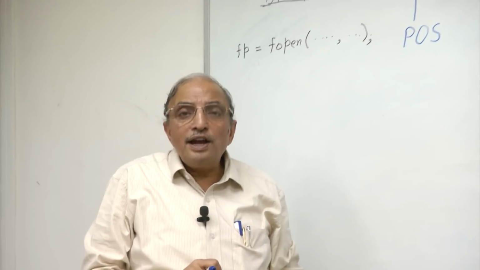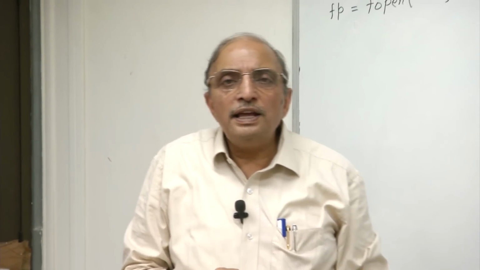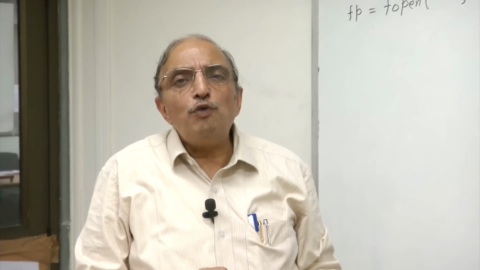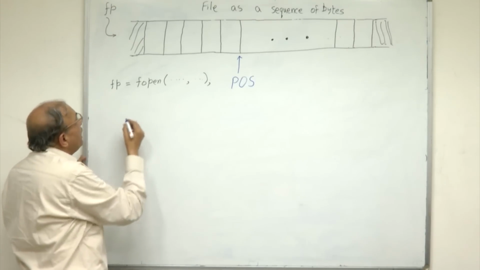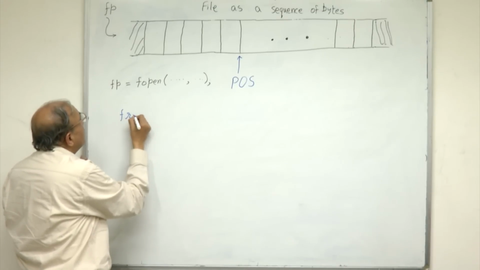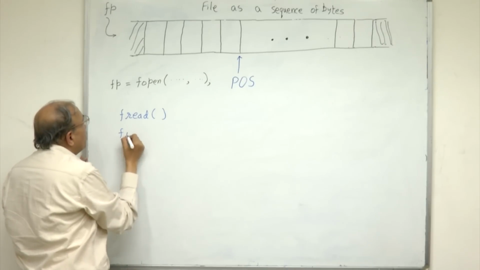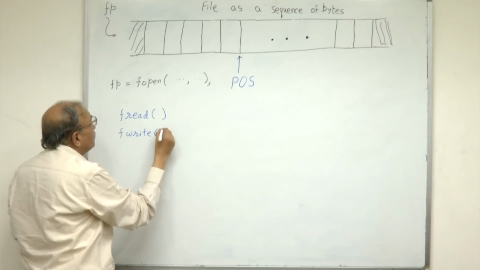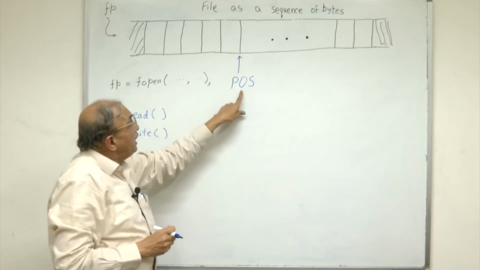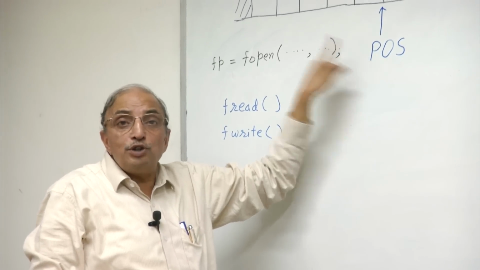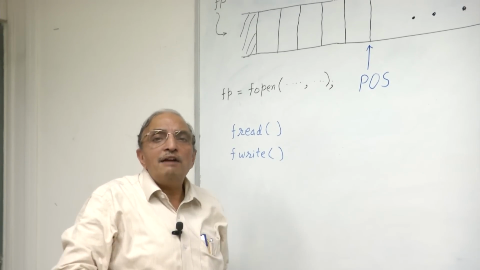There are, as I mentioned, a whole lot of functions which permit us to process this data. These functions are defined in the cstdio library. Here are a few functions relevant for processing data. For example, if I want to read, I will use a function called fread. If I want to write, I will use a function called fwrite. I have a series of functions which permit me to define the internal position for the file. We will not go into those details now, but we will discuss them in another session